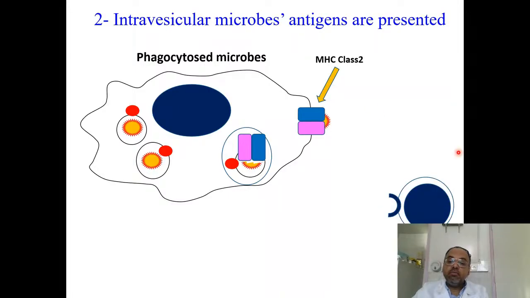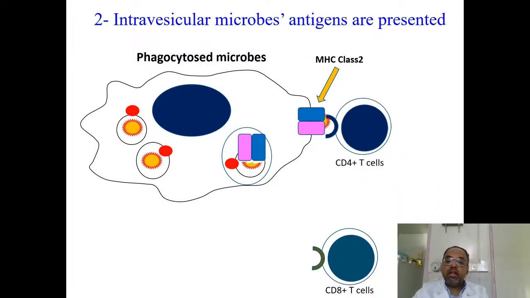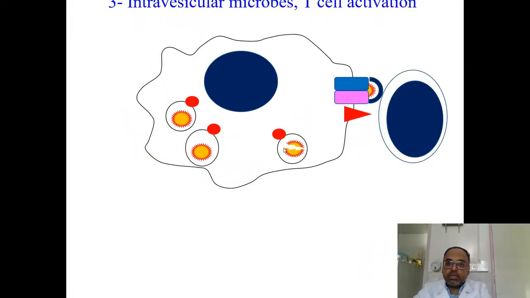So what other cells? Well, we have two groups of T lymphocytes, CD4 T lymphocytes and CD8 T lymphocytes. The ones that have the CD4 molecule at their surface will bind to MHC class 2, which is now showing the antigen at its surface. And it's the first step for the activation of the T cell. From now on, this macrophage or dendritic cell will be named antigen presenting cell, APC, because it's presenting antigen to T lymphocytes.